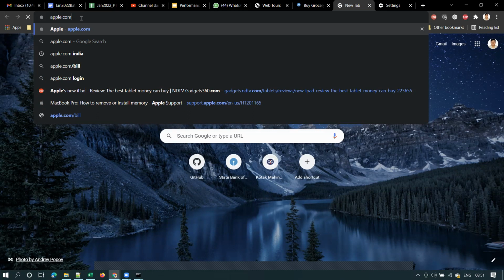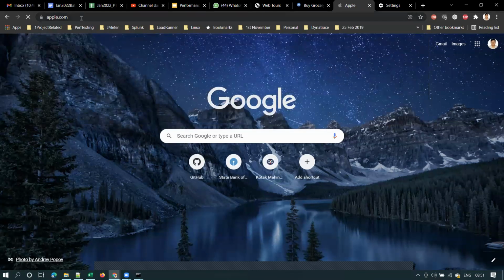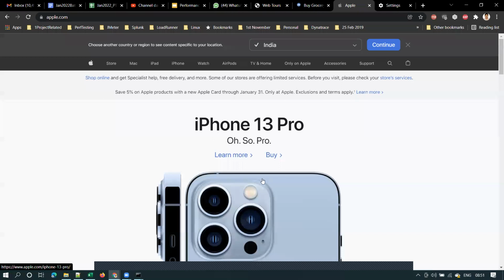For that, it will look into the browser cache, then the operating system cache, router cache, and DNS cache. If it is found in any of these caches, it will establish a TCP connection once it finds the IP address. If it is not found, it will send a request to the DNS, the domain name system, and get the IP address of apple.com. Once it gets the IP address, it will establish a TCP connection, and then on that TCP connection it will send the HTTP request.